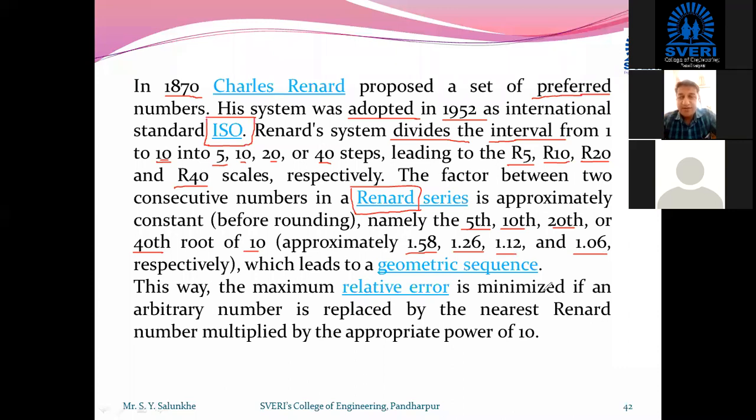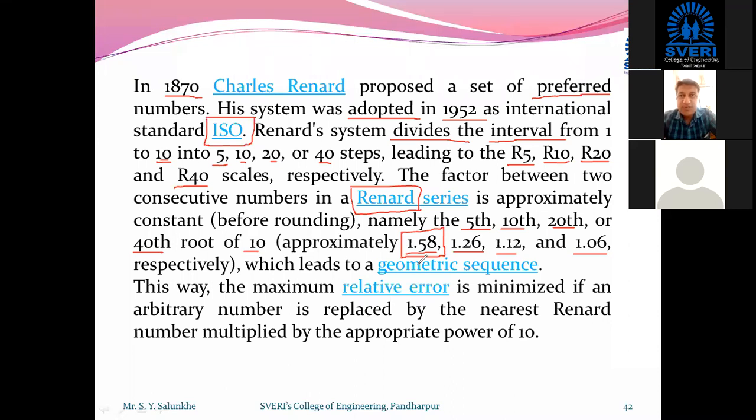For example, if we want to keep standard diameters for a shaft transmitting torque, then two available diameters can be kept with a ratio of 1.58. It means the first available diameter may be 2 millimeter. After that, we can increase it by 1.58, so it will become 3.16 millimeter diameter, the next available value.